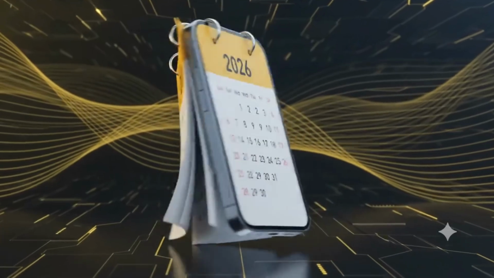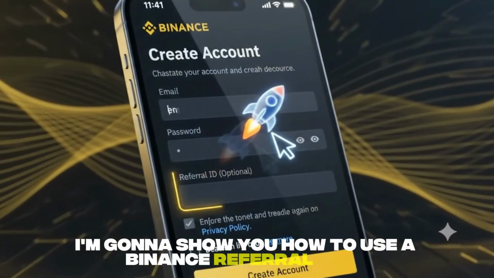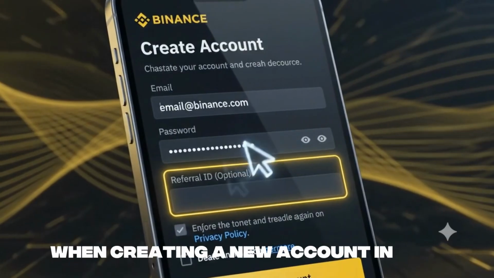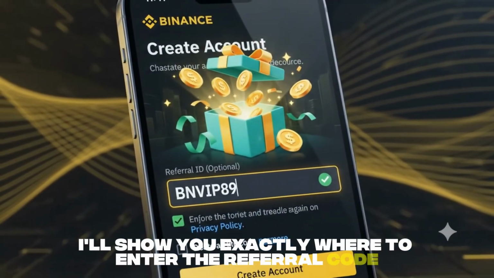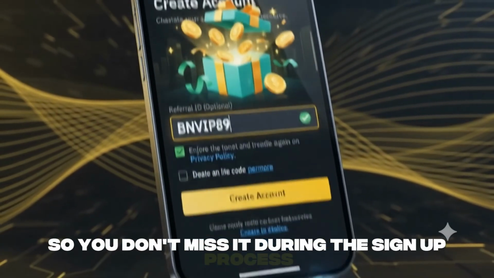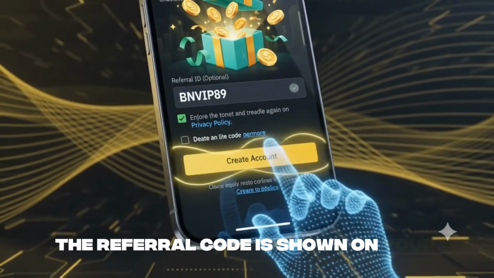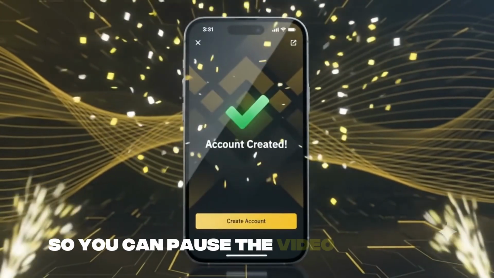In this quick video, I'm going to show you how to use a Binance referral code when creating a new account in 2026. I'll show you exactly where to enter the referral code so you don't miss it during the sign-up process. The referral code is shown on your screen now, so you can pause the video and enter it